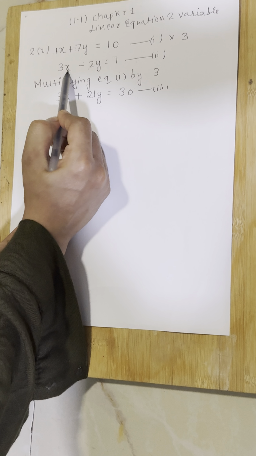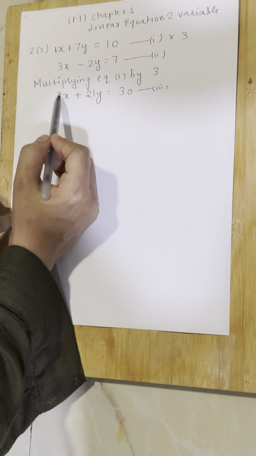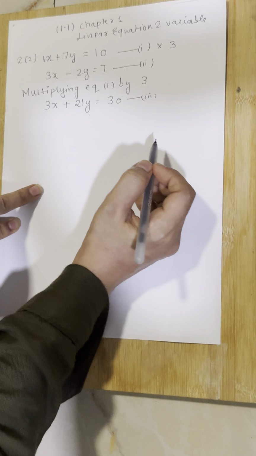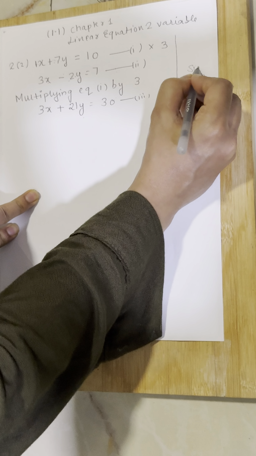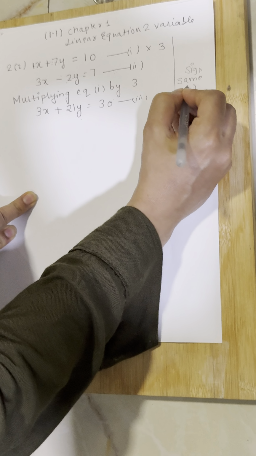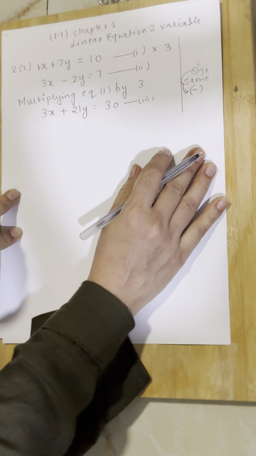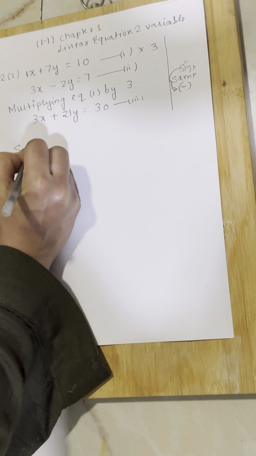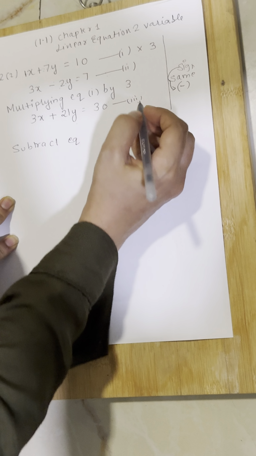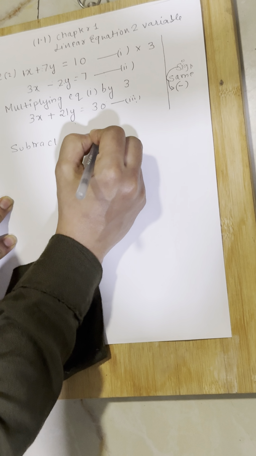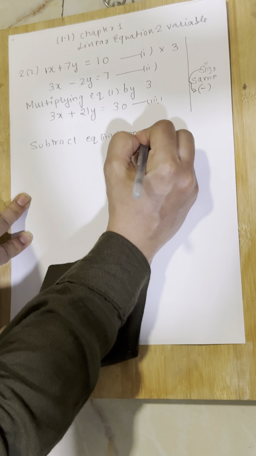Now the coefficient of x is 3, and here also the coefficient of x is 3, correct, and they both have the same sign. And I told you, if the sign is same, what we'll do, subtract. S for same, S for subtract. Okay, so we'll subtract. The equations we'll write in the same order, so first we'll write the equation which comes first from the second.